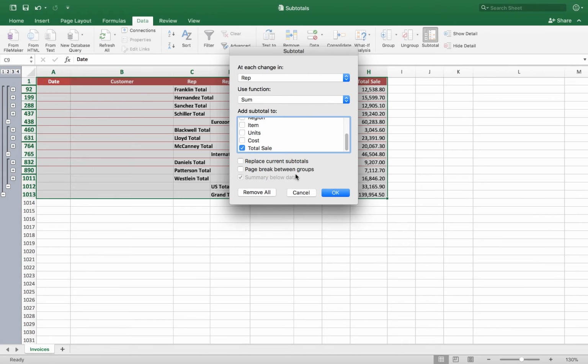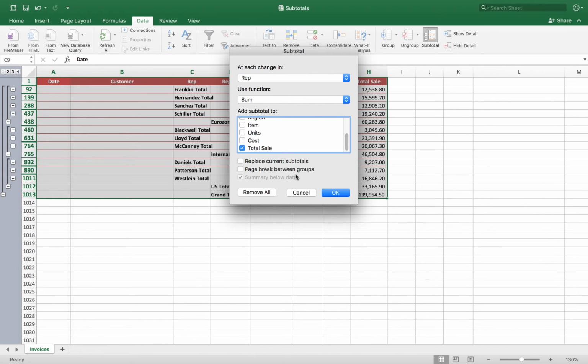Then go to sort, and we're going to say sort by. Click in the column there. We want to sort by region. Good. And then let's add another level. And we're going to go then by rep. Okay, you got it. Now the data is sorted, and then we're going to go back to the subtotal. Just change it to region, total sale. That looks good. Go ahead and click on OK. So now you've got that going, and then let's go back one more time to subtotal, and we're going to change this so it's by rep.